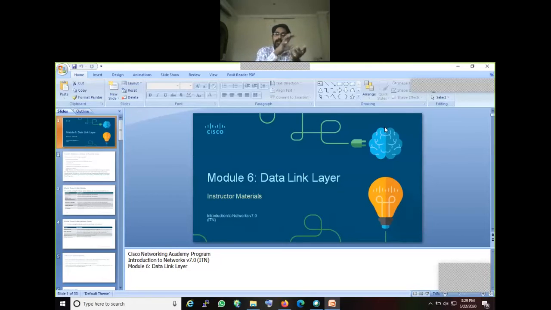So how are these frames transmitted using different protocols or technologies? Ethernet, wireless LAN 802.11, point-to-point PPP, HDLC, frame relay. These are the different methods we can transfer the data, right? So that is the main importance of data link layer.